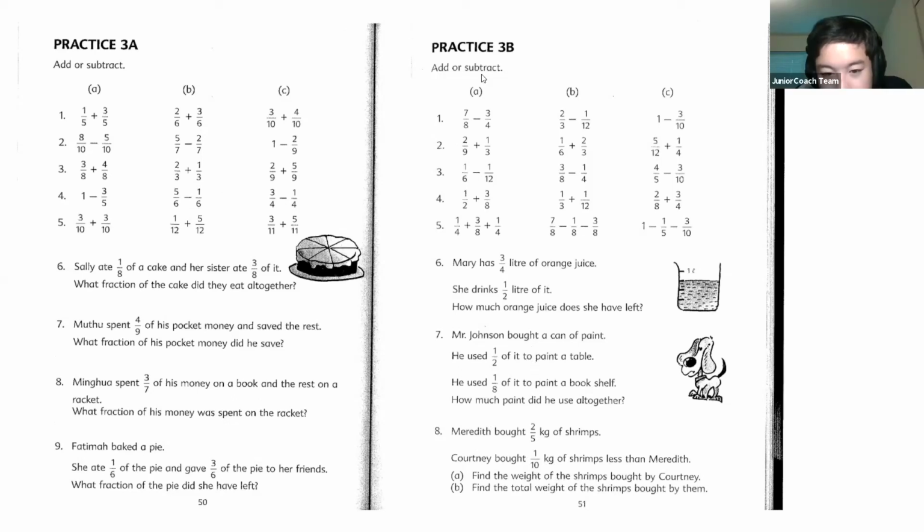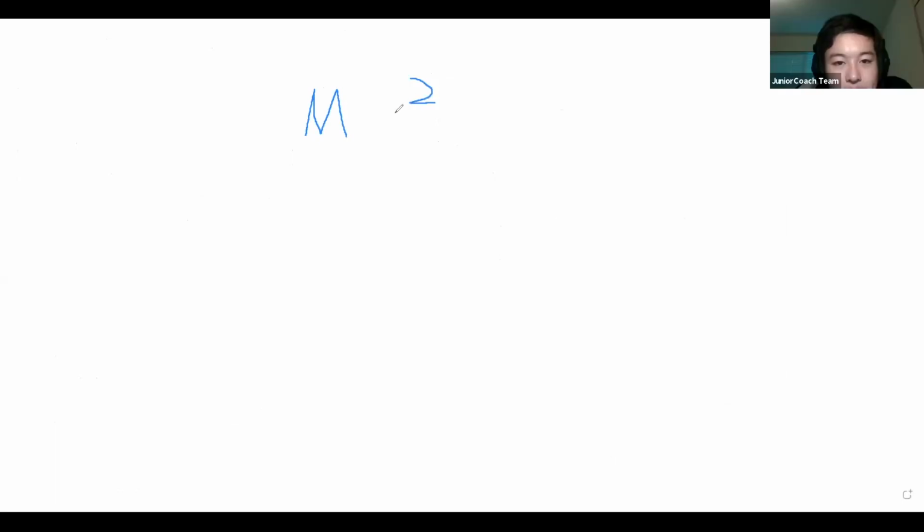All right, let's see. Okay, so for simplicity's sake, I'm gonna call the person M. So person M bought 2 out of 5 kilograms of shrimps, right? Now person C bought